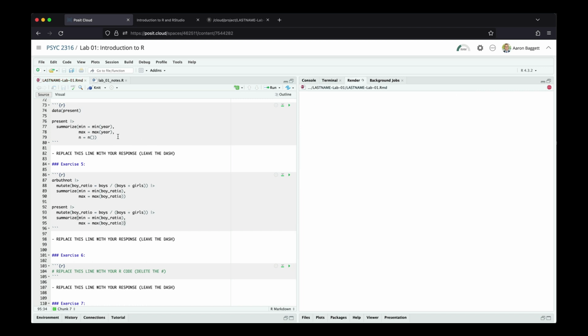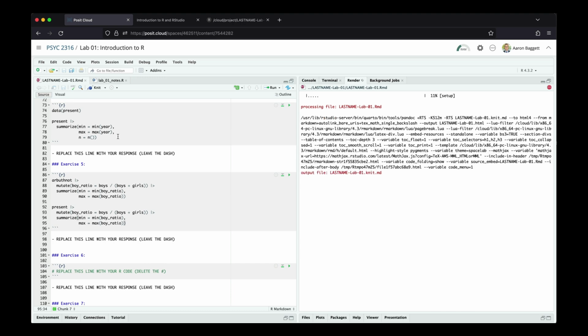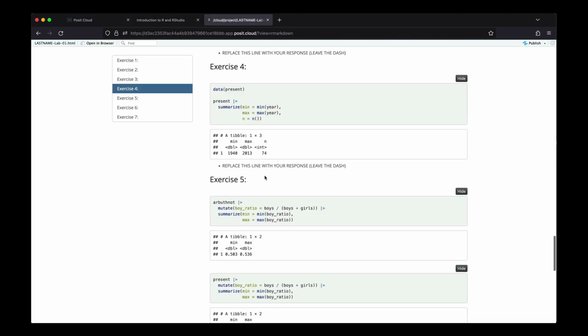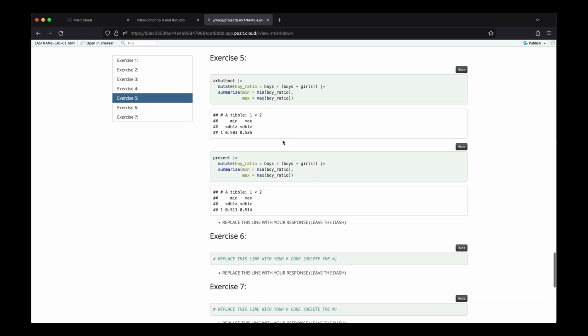So I'm going to plop that into my lab notes and give that a run just to make sure everything's good. Looks great. Now again, of course, you'll have to replace that with your comment there, but that tells the story. Slightly more boys are baptized and were born. So I guess you could say that Arbuthnot's data are a pretty good approximation of the rates of births